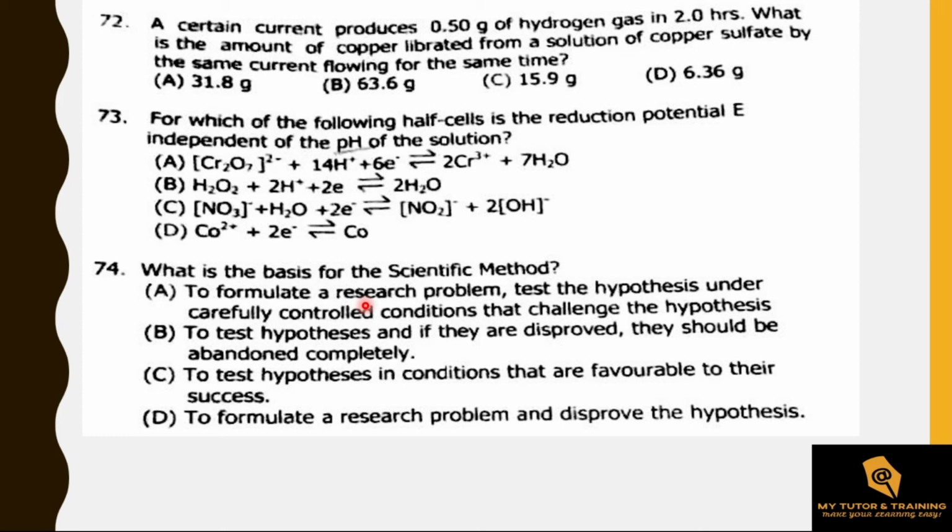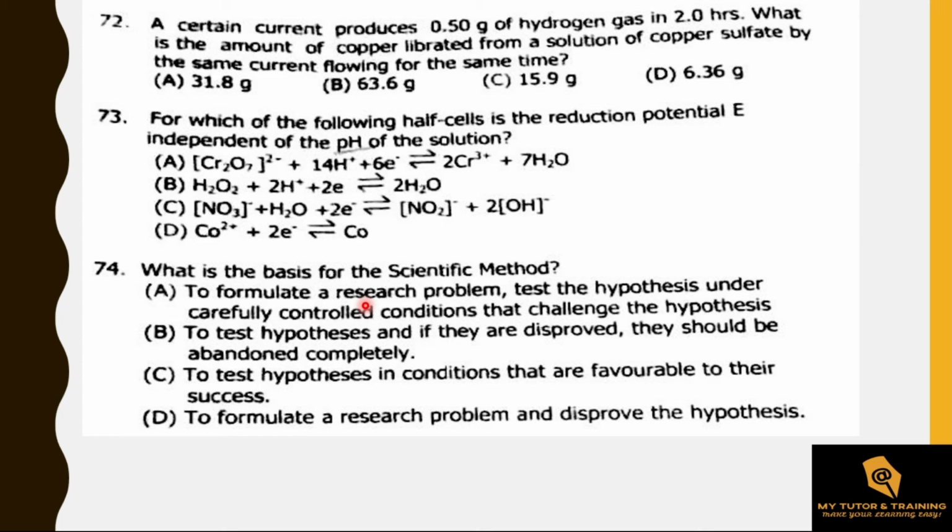Question number 72. Certain current produces 0.5 gram of hydrogen gas in 2 hours. What is the amount of copper liberated from a solution of copper sulfate by the same current flowing for the same time? By the way, እዚህ ጋር ምንድነው የተፈለገው? አንድ ካረንት በሁለት ሰዓት ውስጥ